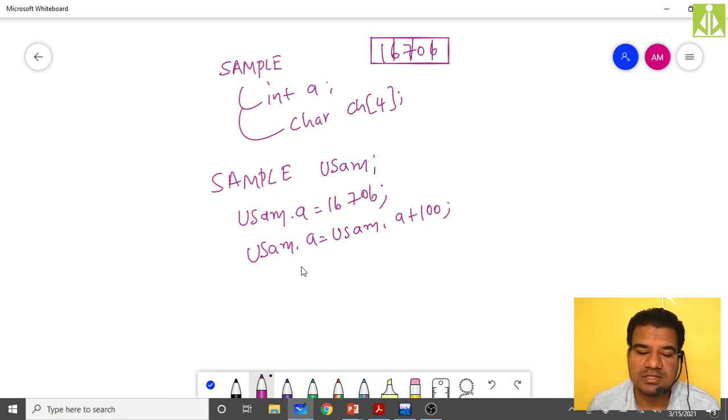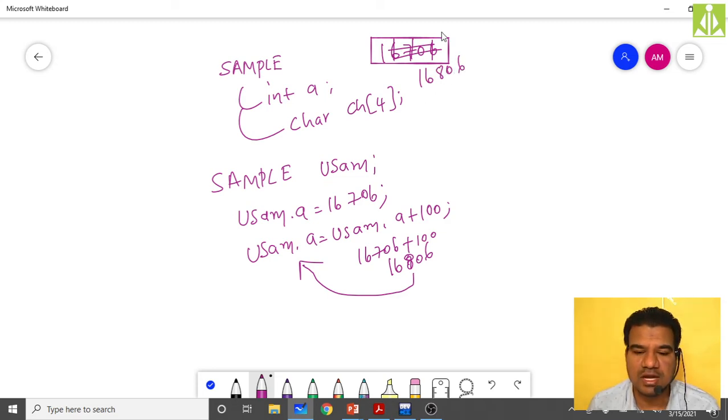You got 16706 plus 100, which is 16806. It is placed inside usam.a only. So this value was replaced with 16806. Now in that 4 bytes of memory, we have this 16806.